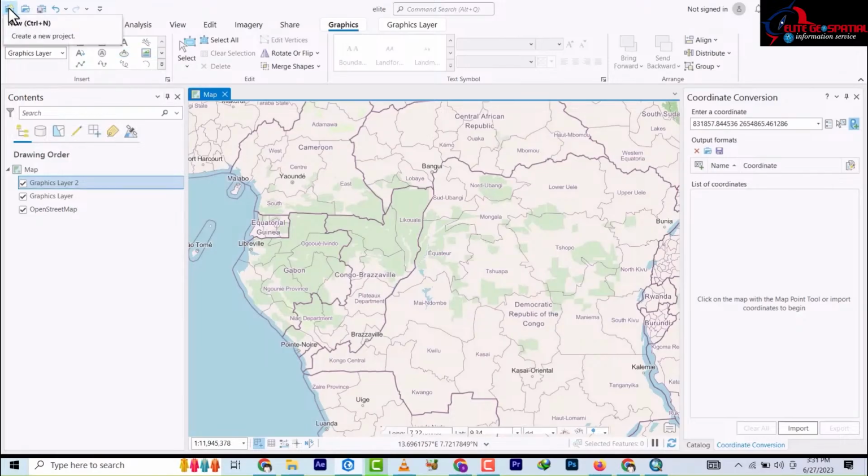So last but not least, we have something up here which we didn't touch. This is more like you open a new document, a new map document. Then this is where you're importing your map document and then saving your work, normal saving. Then this is undo and this is redo. Okay, so basically